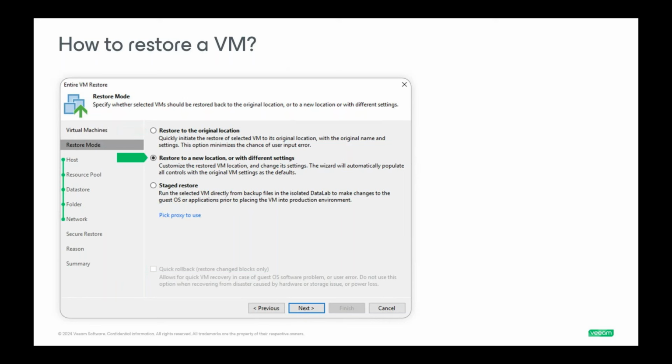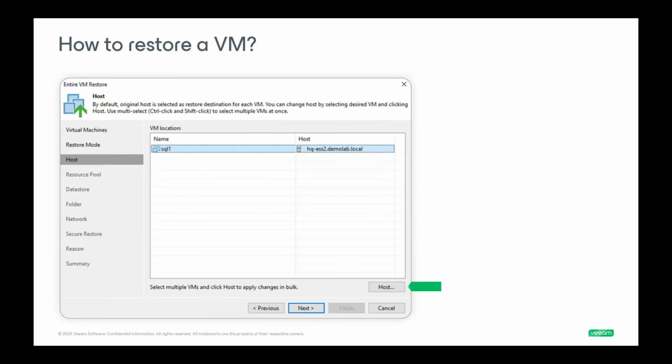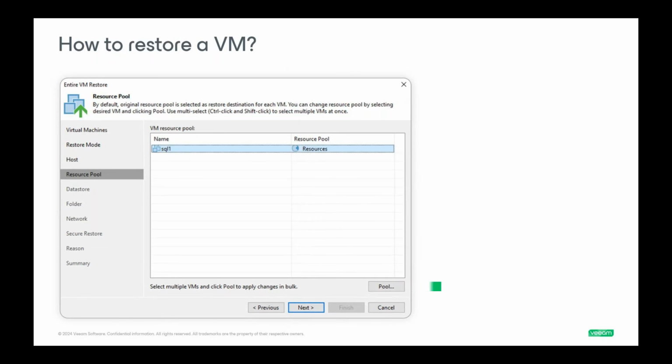So moving on to the restore to a new location, if we select that and hit next, you'll see all of these new categories on the left side, such as host, resource pool, data store, folder, network, all of those. So we're going to be choosing which host or cluster the VM should be registered to. From there, you can choose the resource pool if needed,